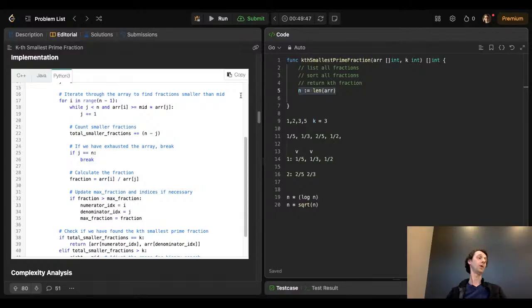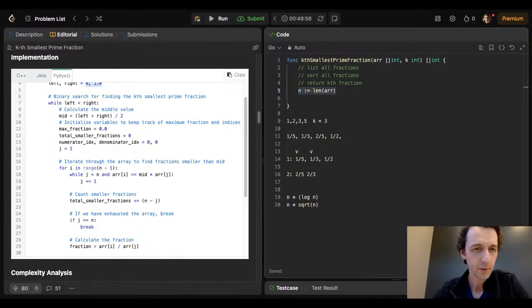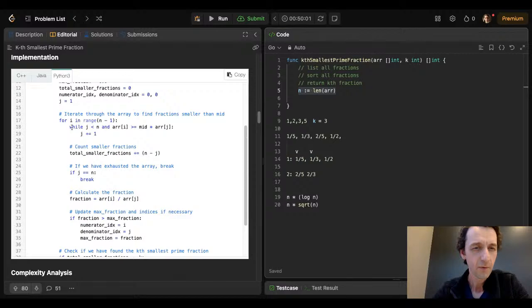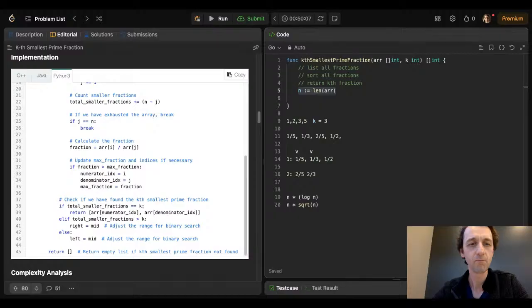Okay, this is because, look at that, there will be another loop for i in the range while j is